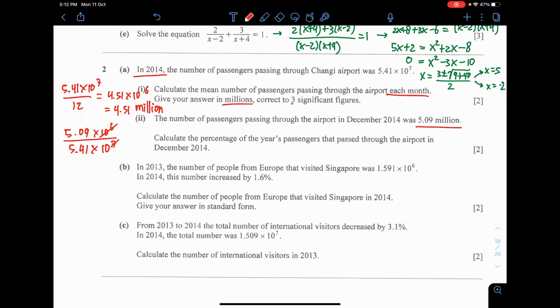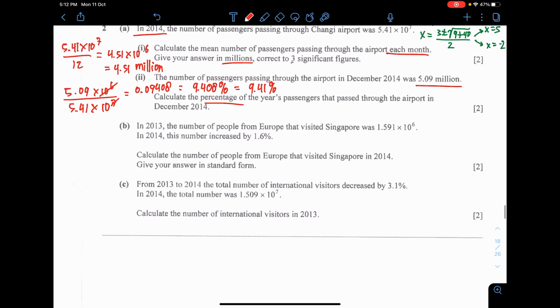Okay, if you key this in the calculator, you're going to get 0.09408 and so on. I need this to become standard form. Put them into 3SF. If I make it into standard form, I will get 9.408 times 10 to the power of negative 2. Or actually, you know what, I need to make it into a percentage. I don't need to make it into standard form. They want a percentage, so this is actually 9.408%, or put it into 3SF, 9.41%. Always put 3SF, or 1 dp if they are about angles.